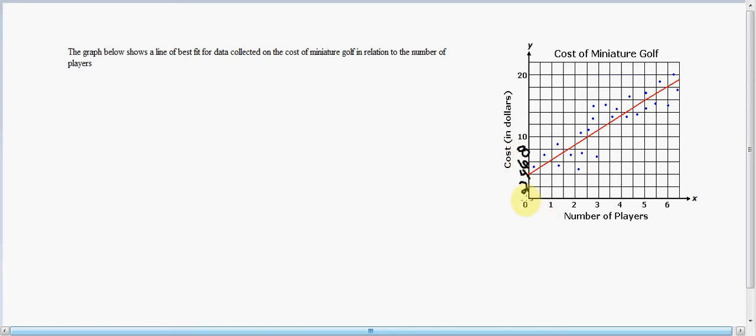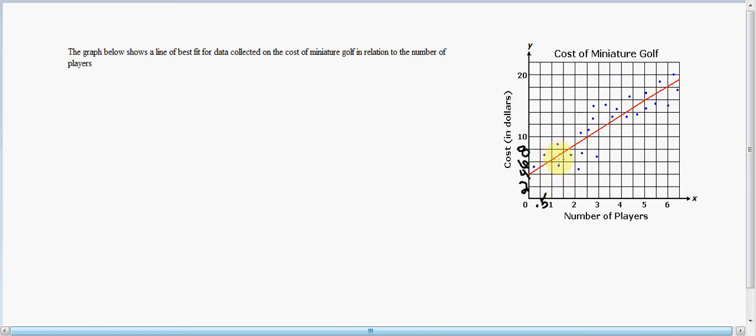Alright. Down here on the x-axis you can see that each hash mark is worth a half. So we have a half, 1, 1.5, 2, 2.5, etc. Going on from there. So in order to get the equation of this line,